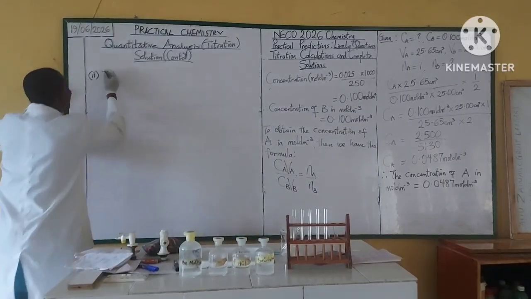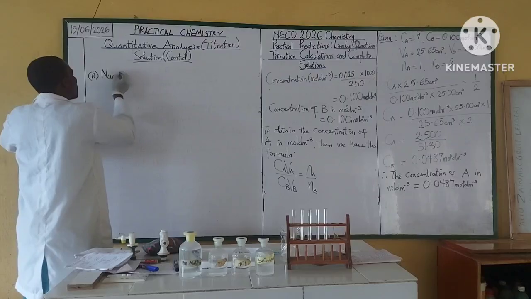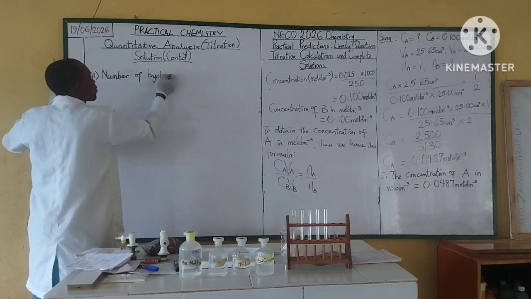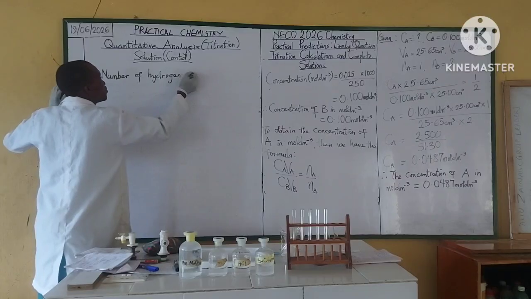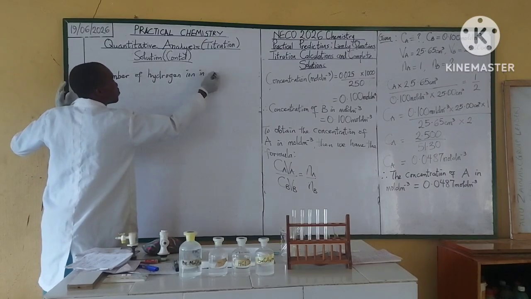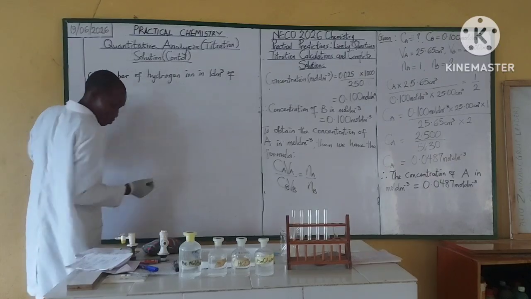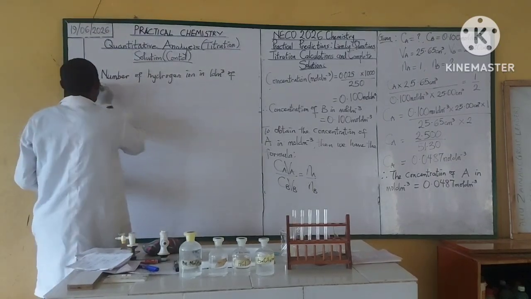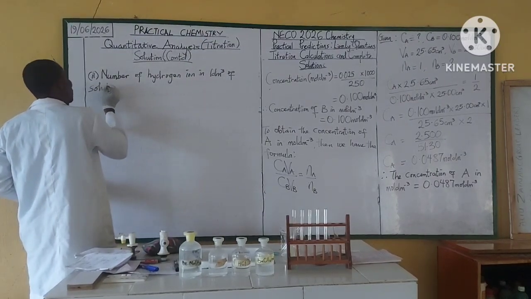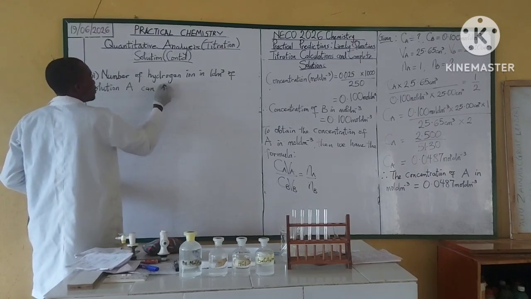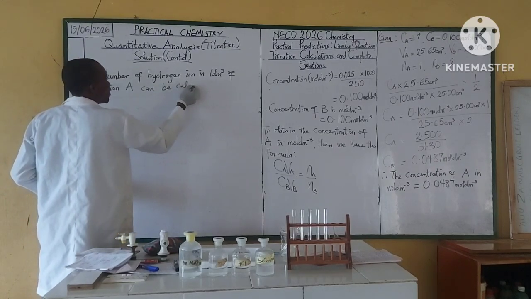We say number of hydrogen ion in 1 dm cube of solution A can be calculated as